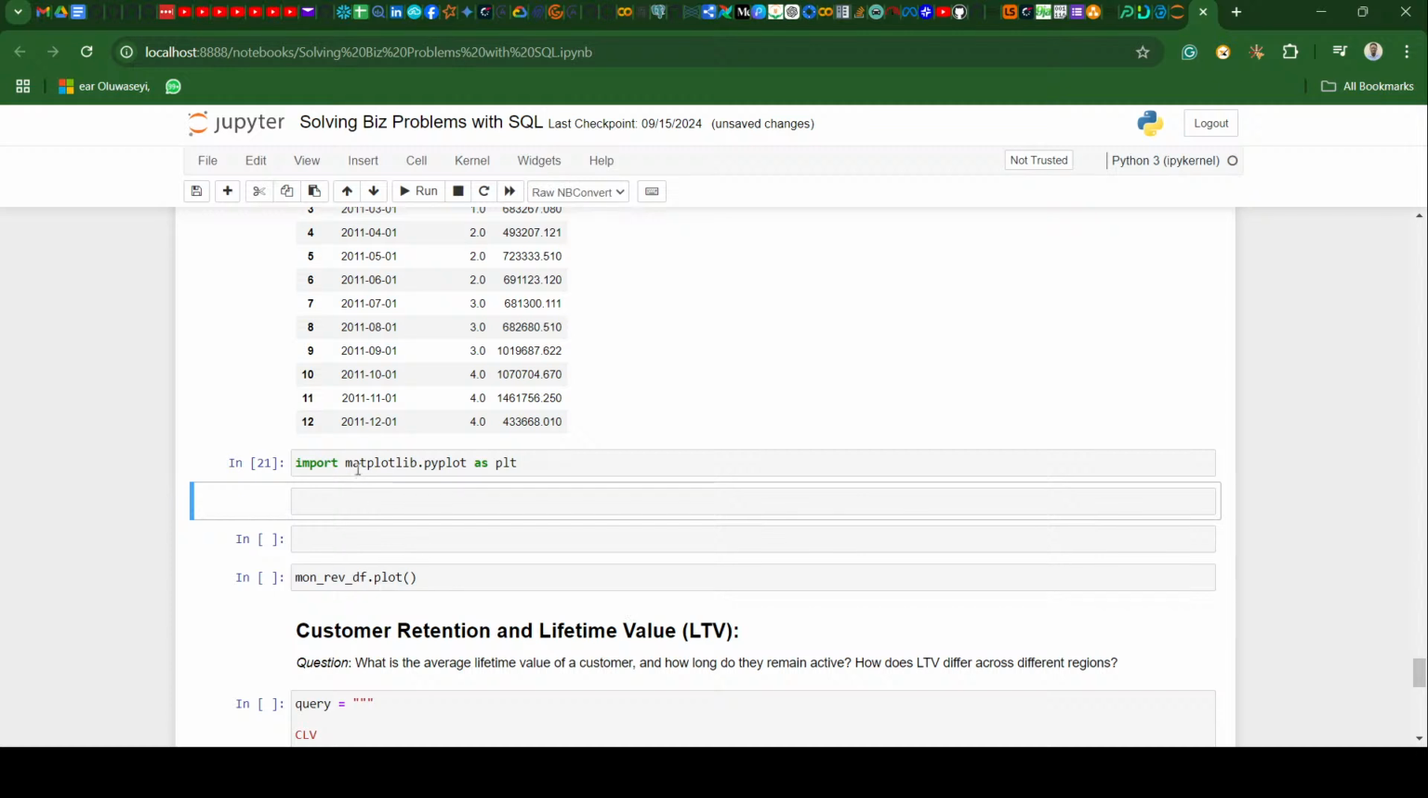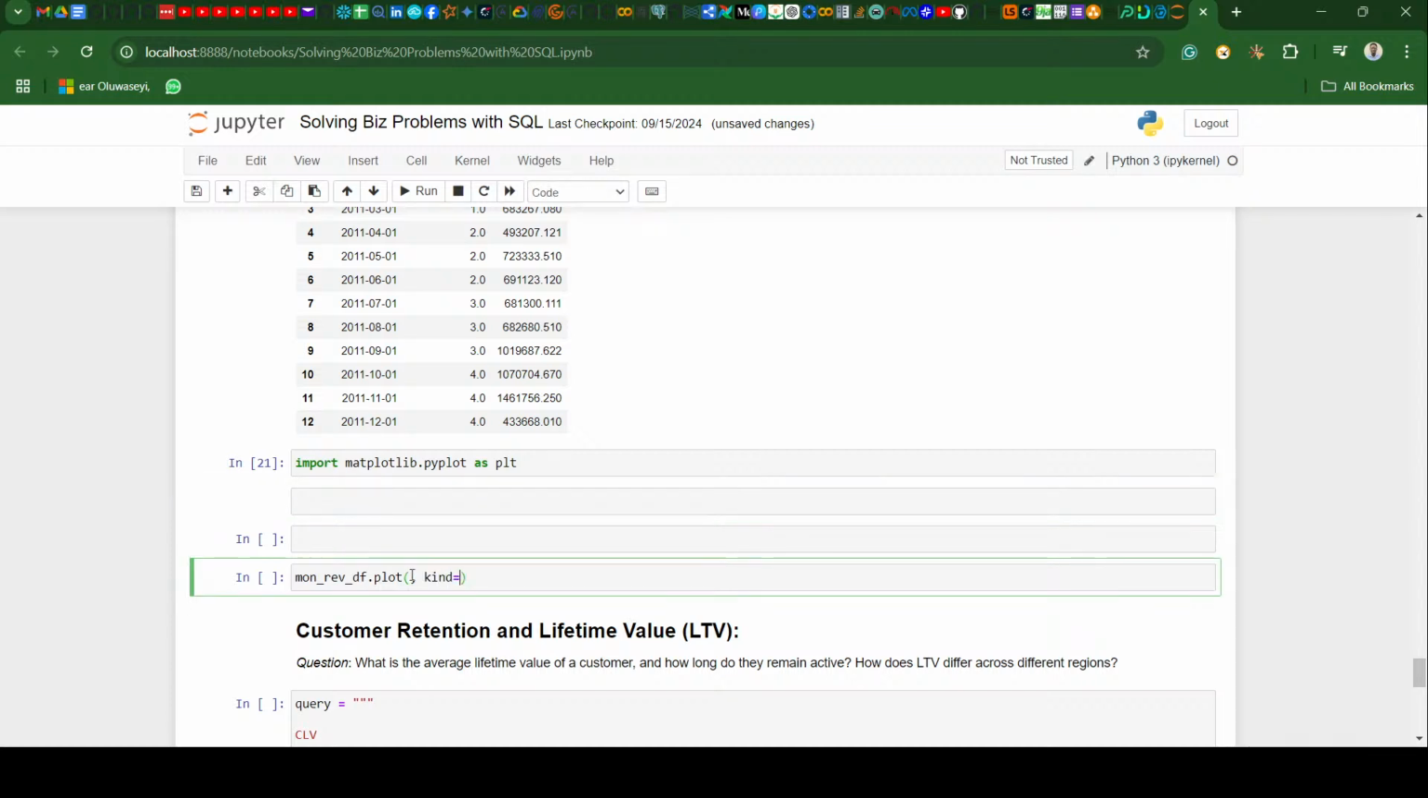Oh, sorry, and it's equal to bar. So now our x is going to be the